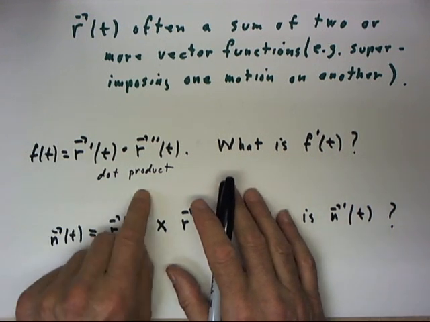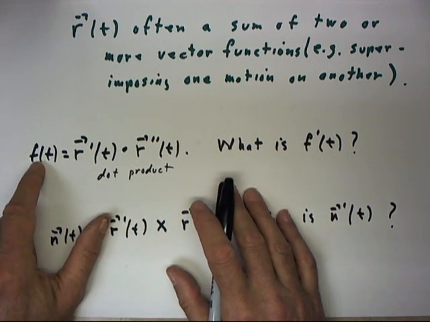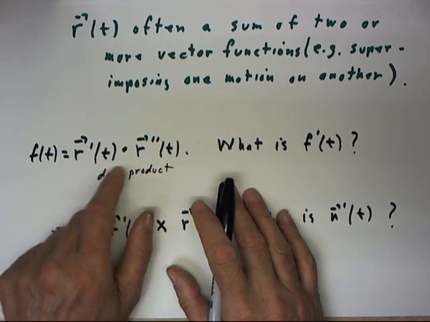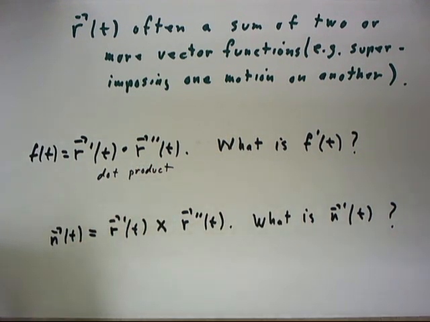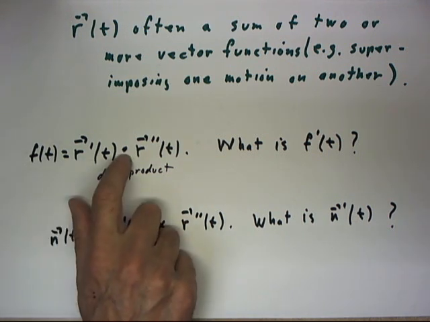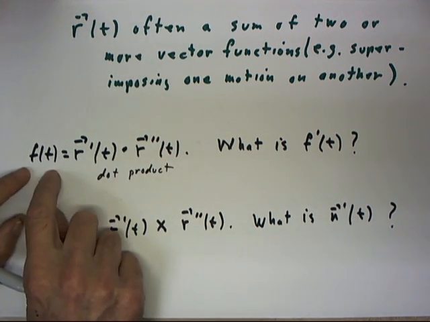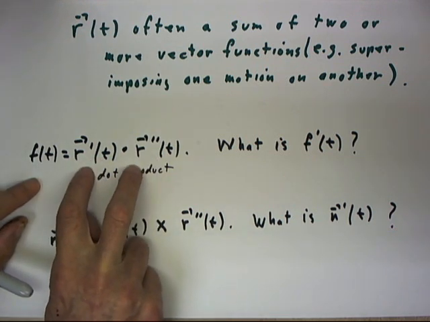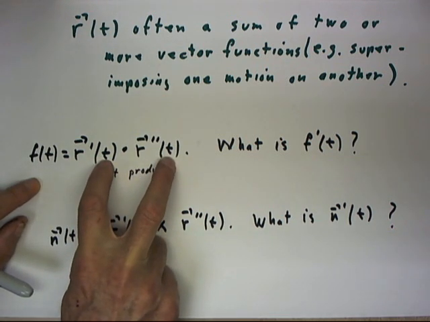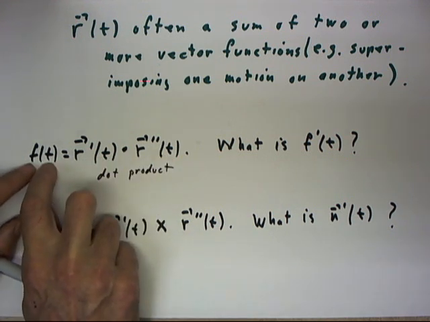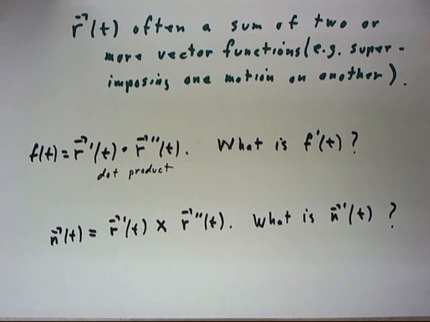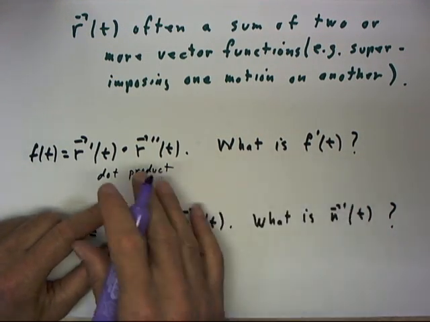So there are many applications where you would be considering the function f of t, which is the dot product of 2 vector functions. Now, f of t is not a vector function because the dot product doesn't give us a vector. The dot product just gives us a number. So whatever number the dot product gives us from one value of t to the next is going to be the value of this function from one t to the next. Now the question is, how would we get the derivative of that function? Well, I'm not going to derive it for you right now, and it's fairly easy to derive. You just kind of write it out. But just to give you an overview,